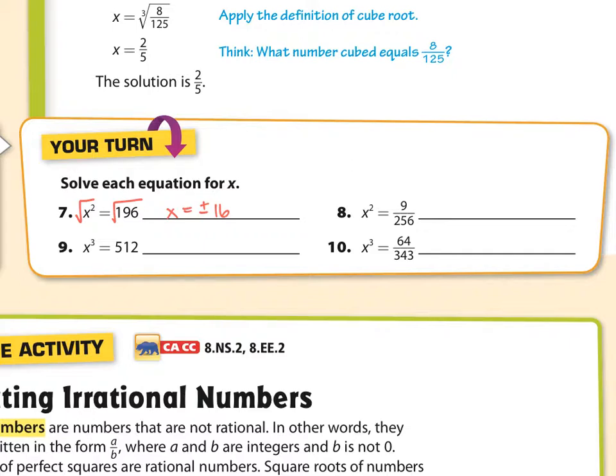Number 8. Same thing here. I'm going to take the square root, right? And when I do that, I'm going to get 2 answers for a square root, right, for this equation actually. So x is going to equal, so this is a little bit trickier, but not so much. When we have a fraction like this, you can do this separately, meaning what's the square root of 9 and what's the square root of 256. And so we end up getting 3 on the top, right? Square root of 9 is 3. And the square root of 256,